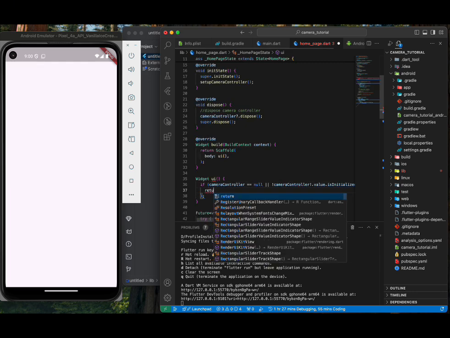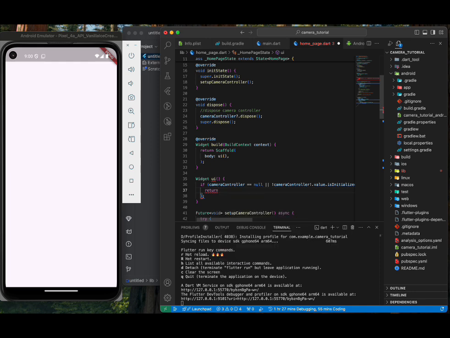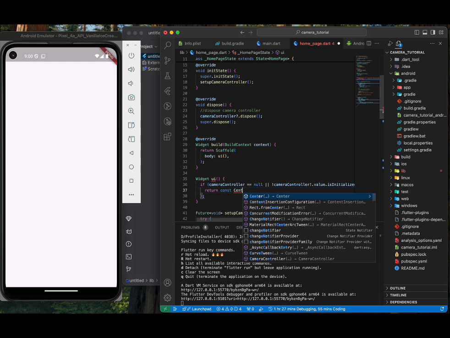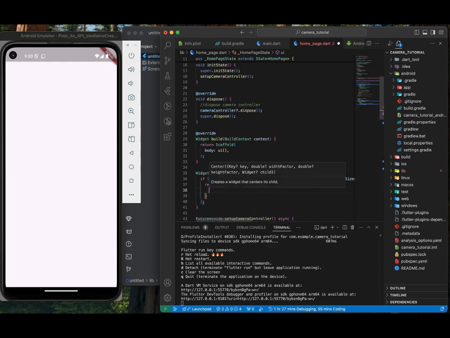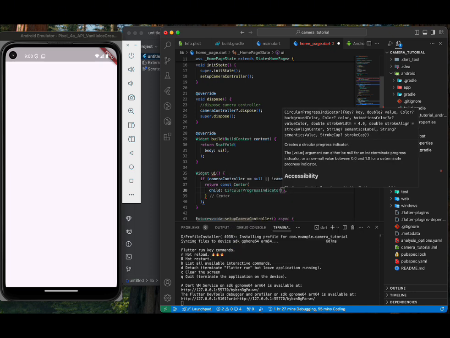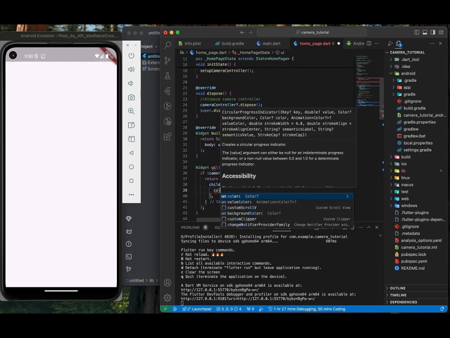Now if this is false or is null, let's return a circular progress indicator just to show that it is loading while it is initializing. So circular progress indicator,